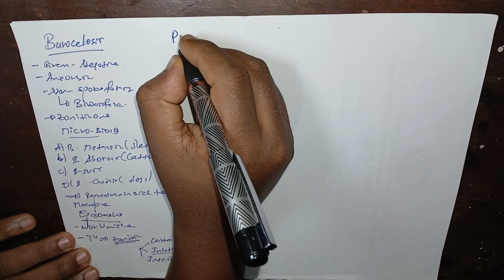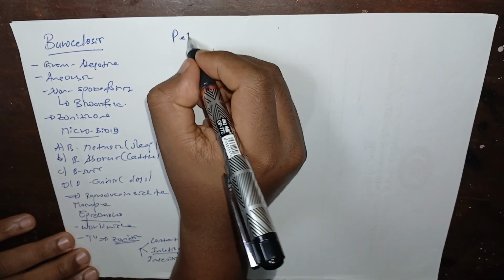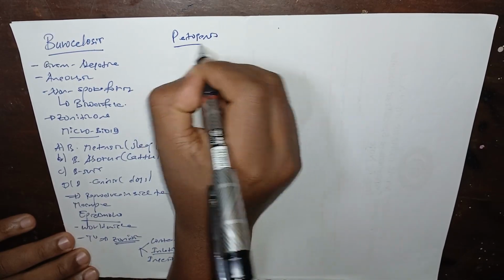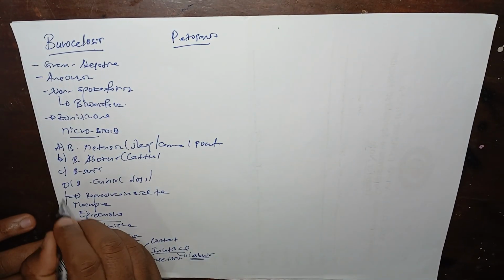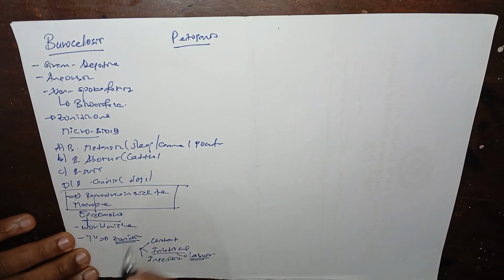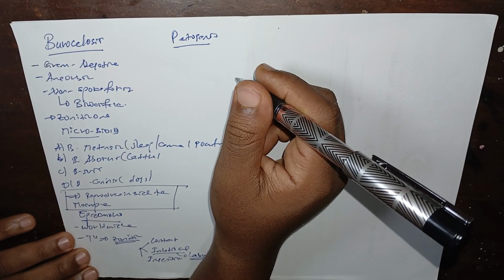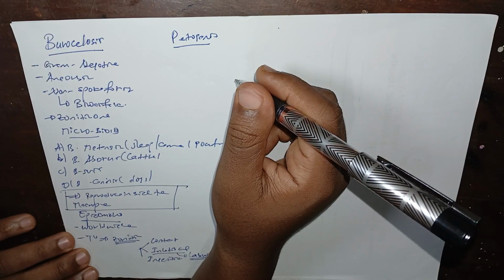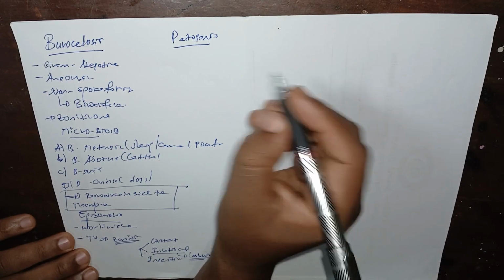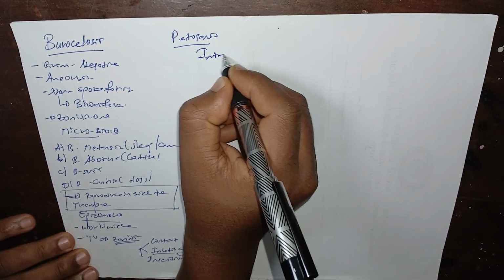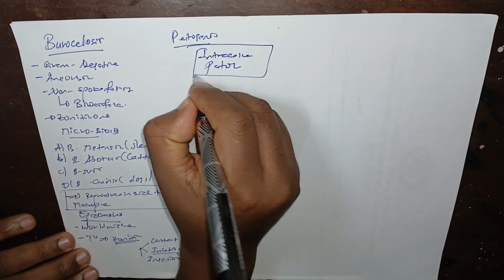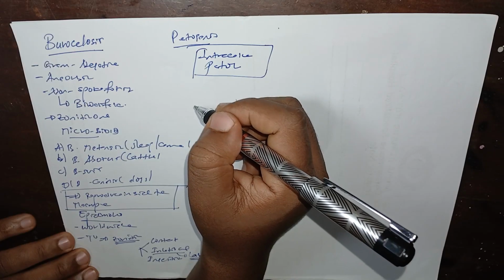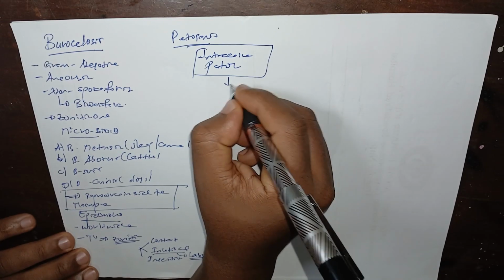So pathogenesis: how does brucellosis cause disease in a patient? When it comes to the pathogenesis, as I mentioned before, it reproduces inside the macrophage, and this is one of the essential evasion mechanisms from the immunity. Initially, an intracellular pathogen will be present, and these intracellular pathogens, like macrophages, evade the immune system.